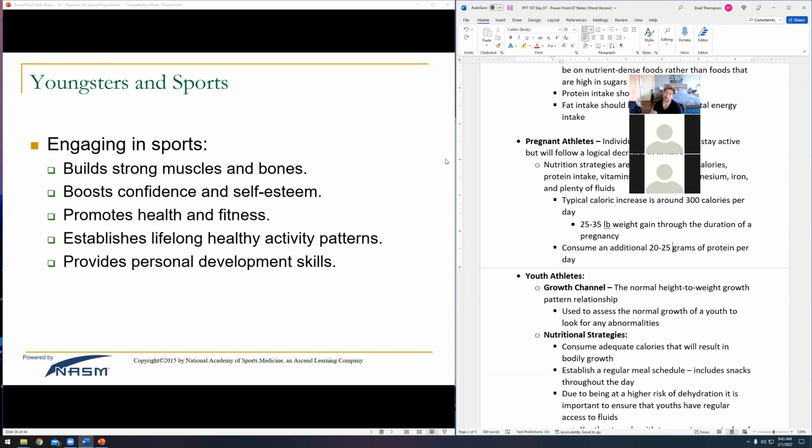Sure. And that will happen sometimes, but that's actually never happened to me in my career. Every pregnant client I've worked with is one that I was working with beforehand. I've never had somebody come to the gym and say, I've never worked out before and I'm 9 months pregnant. That's not going to happen very often. But yes, the idea is to just maintain physical activity. And it doesn't take much to maintain your muscle mass. They've done studies of bodybuilders who are cutting for a competition, or athletes in an off season, and even as little as 2 days of strength training per week can maintain your muscle mass.